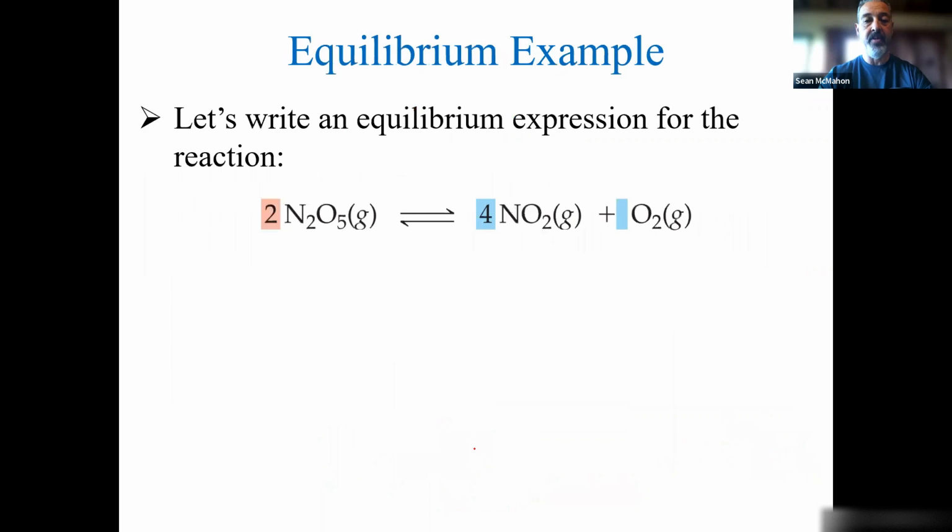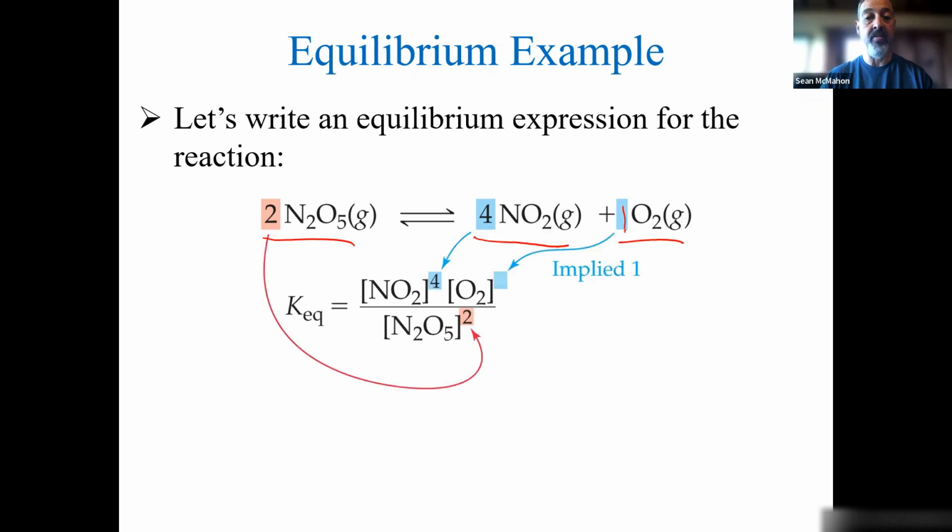Here's just an example of how I would write an equilibrium constant. In this equation, I have 2 moles of dinitrogen pentoxide gas producing 4 moles of nitrogen dioxide and 1 mole of oxygen gas. We don't write a 1 here, but it's obvious that it's 1. Otherwise, we wouldn't have even written out the formula. Now, to write out the K, what am I going to do? Well, what did I say? Products